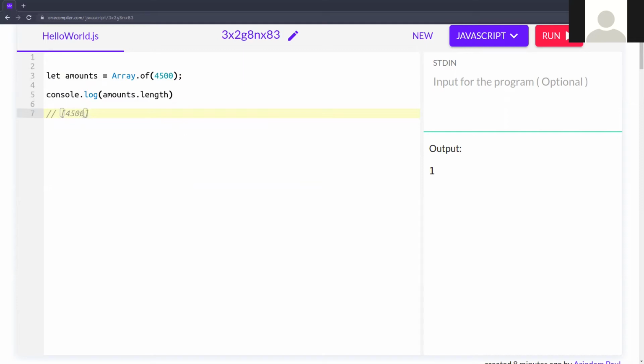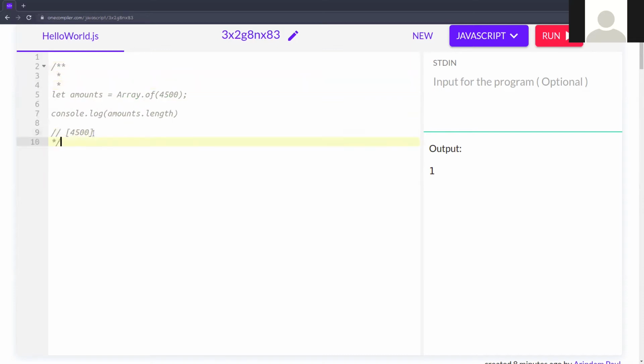So this array length is 1. This is the first array method. Okay, now I'm talking about the second one.